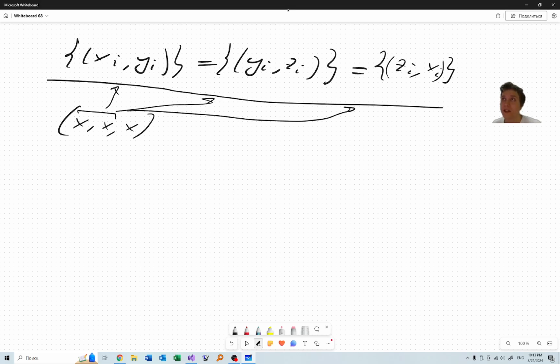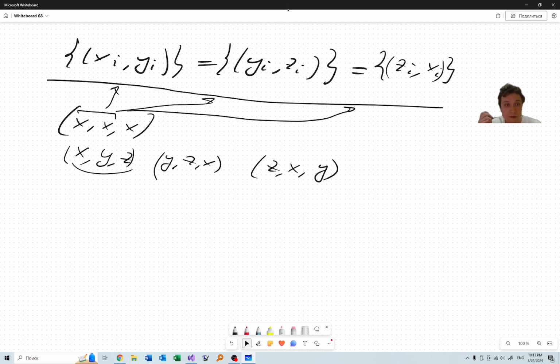For example, you can take x, y, z, where at least two of these three elements are different. So they might be either all three different, or two equal and one different from them. And you can take these 3 points: x, y, z; y, z, x; and z, x, y. If you take all such triples,